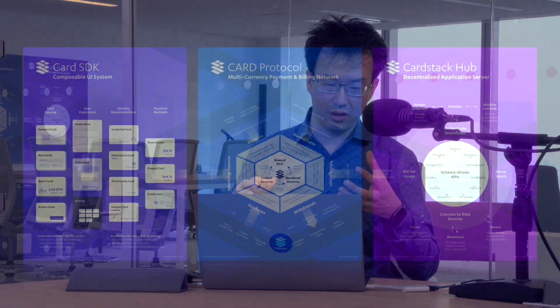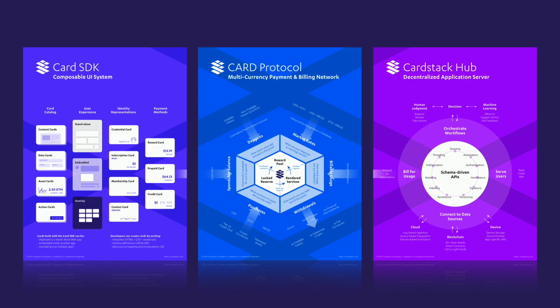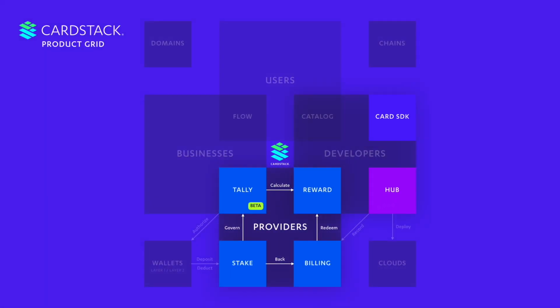We've been working very hard to not only build the protocol aspects of it, but also think about how this would actually end up being used as a user. So in the previous talk, we talked a little bit about the product strategy of Cardstack. We have this idea of a product grid. It's not product lines per se, because these lines kind of overlap. When you have product lines, like we do this for businesses, we do this for end users, we do this for developers, but in our network, they are all overlapping.